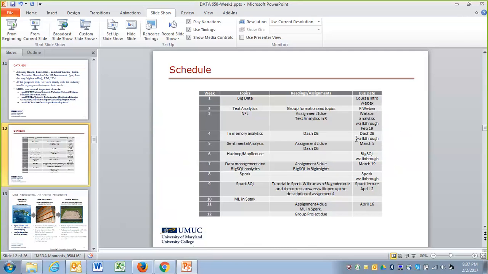We are going to do a DashDB walkthrough. You see this is in week 4. In week 3, a Watson Analytics walkthrough to get you started with Watson Analytics, which is for the group project. Then we don't have anything planned for week 5. We have Big SQL week for week 6, and so on. For some weeks, we don't have anything planned because these are the weeks you will be working on some extensive assignment or project. So if you need help, you have to contact us, and if needed, we will do some shared session to help you in this direction.